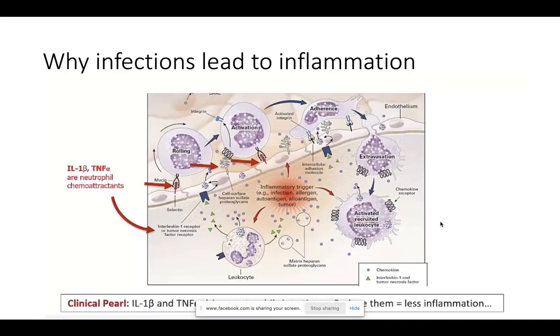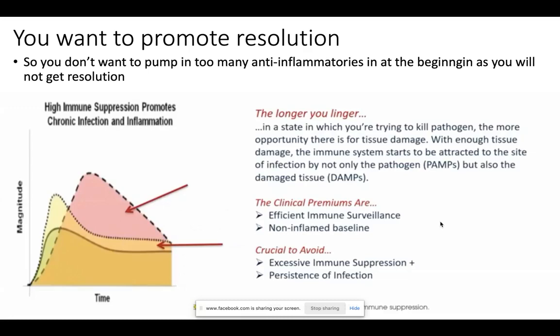And certainly if you've ever done your blood cells, during an active inflammatory response, or an active infection rather, you'll probably see very high neutrophils and maybe high monocytes as well, because that will tell us that you're trying to fight something. And that has an inflammatory response. So we do have inflammation. We just want to be able to promote resolution as well. So the key point here is,